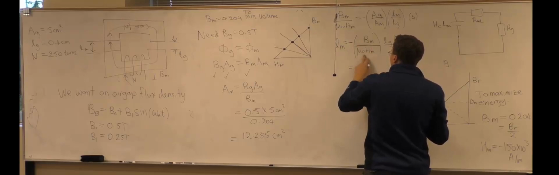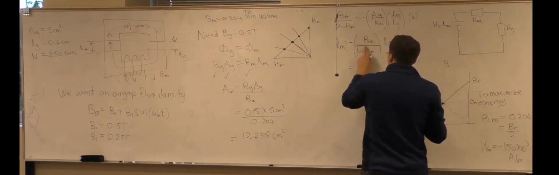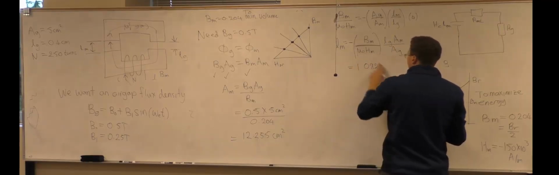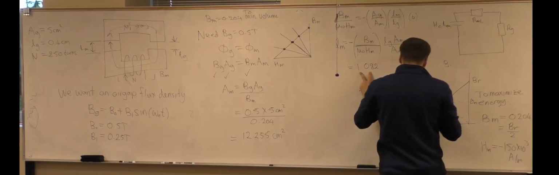This is the relative permeability, but if we put an HM in that's negative, it will give a positive out here. So we end up with 1.082. That's the relative permeability term,